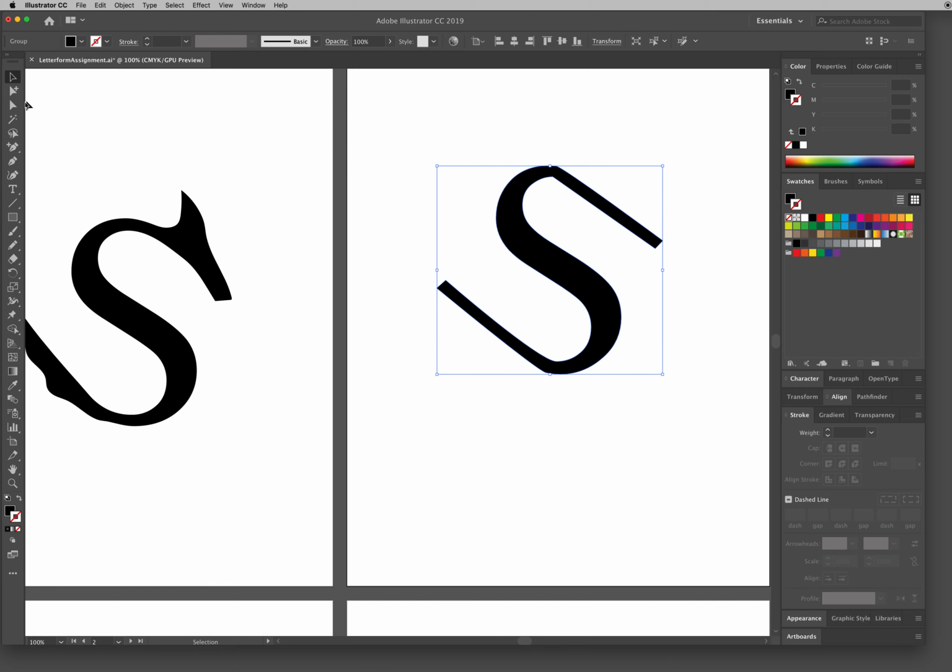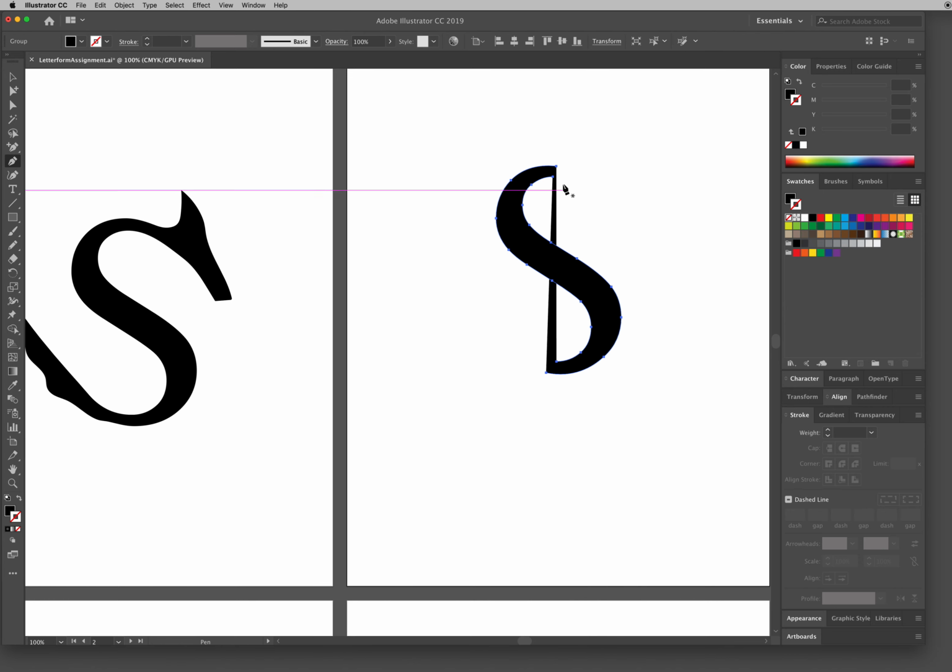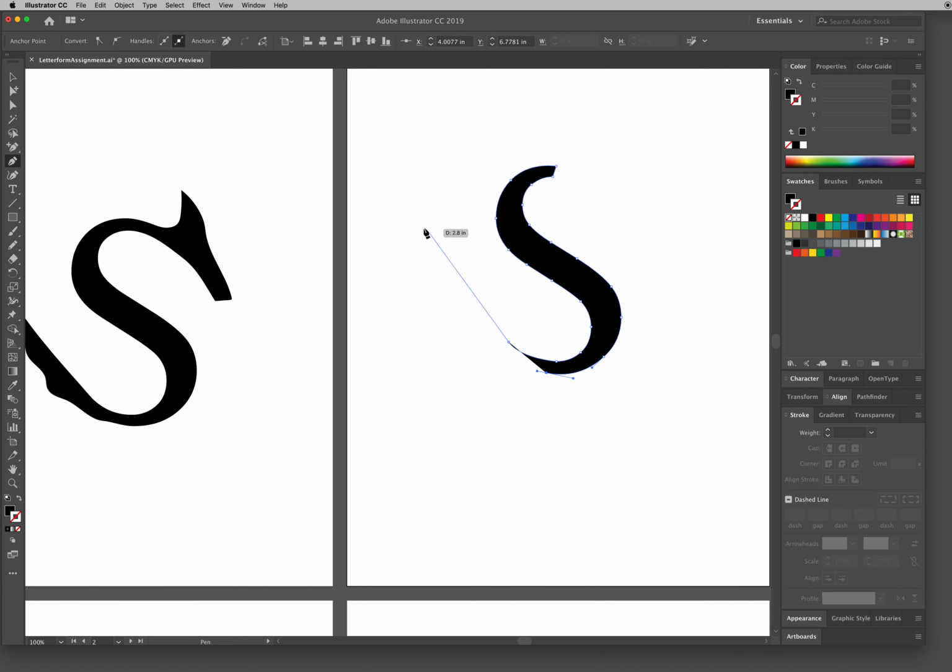You could also draw a completely different letter form. So let me go back here. I'll close this one. Okay. And then with this one, I will draw. Notice how since it's open on both ends, it's trying to draw a shape between those open ends. So I'll close that. And then with this one, I'm going to pick up here and drag and draw